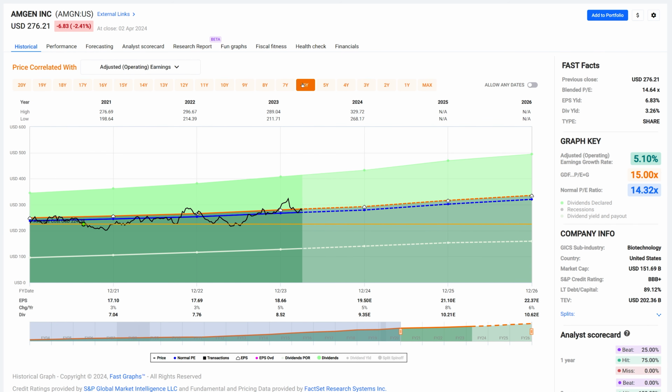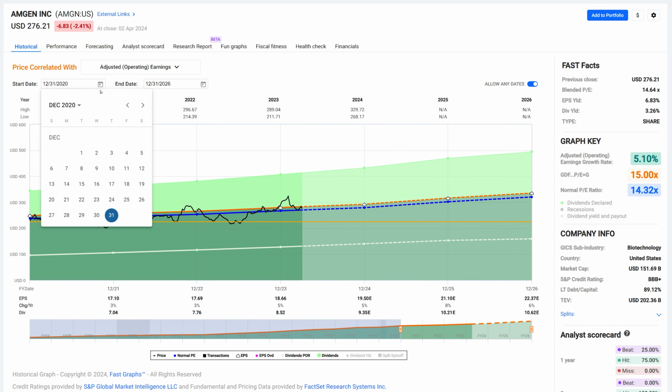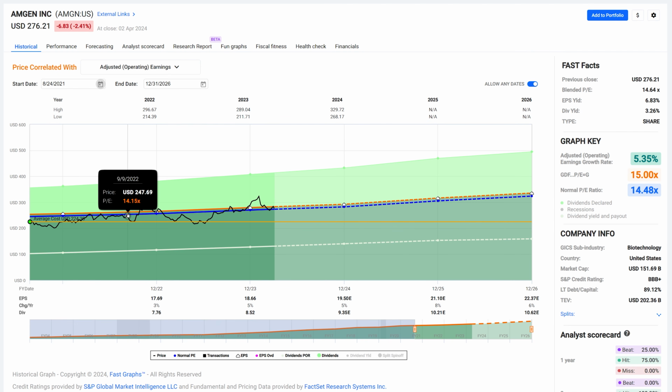I'm going to do it to 6 years so that I include the August date that the stock was bought. Then I'm going to allow any dates on the tool, and I'm going to go in here and find 2021, go into August, and go to the 24th. Now what that's done is listed the actual performance specifically and precisely from the day these portfolios were originally